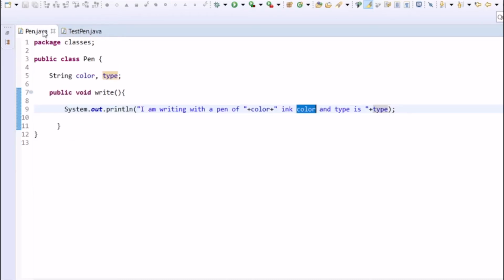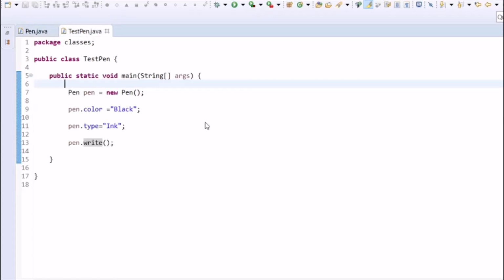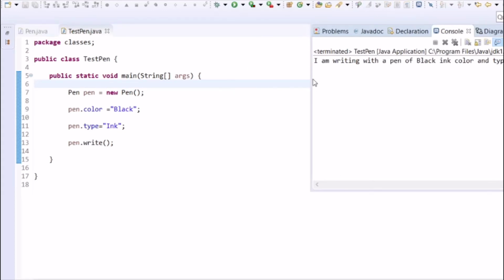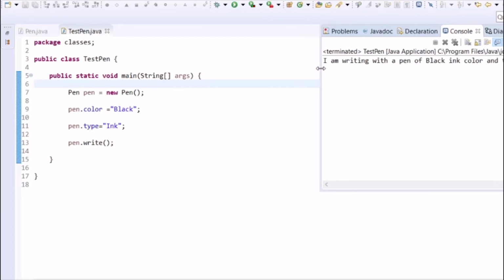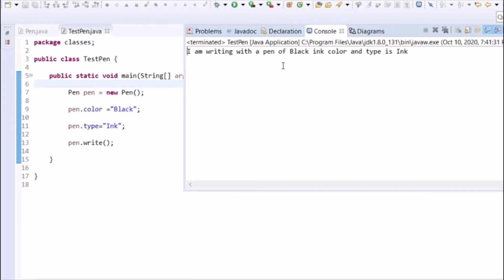Okay, now let's try to execute this program and see what the output is. So the output you see here is: I am writing with a pen of black ink and type is ink pen.